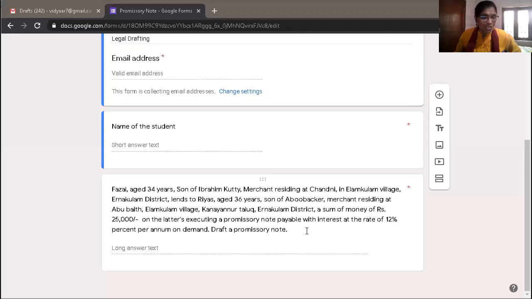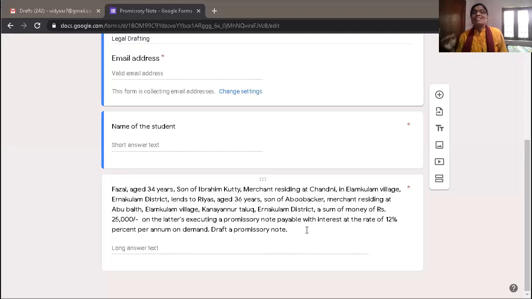Let us see the question which is based on this promissory note. First, let us have a look at the question. I have sent you that Google form also. Adile Fasal, aged 34 years, son of Ibrahim Kuti, merchant residing at Chandni in Elamkulam village, Ernakulam district, lends to